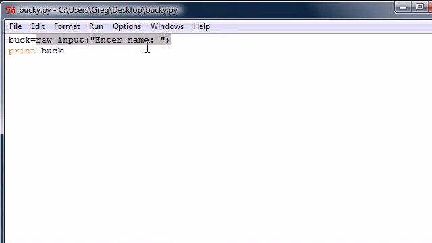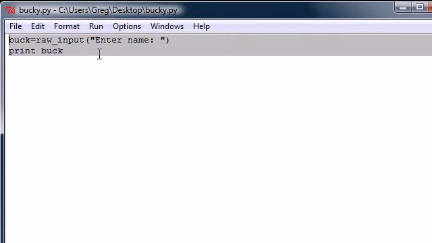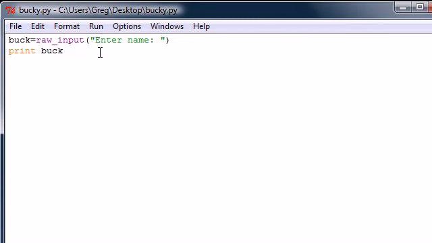So that is how we can use raw input to get information from the user and convert it to a string. So again, the difference between input and raw input: use input whenever you want to work with expressions, like a number would be fine, that you're going to use in a math problem. But when you're using a string, you're always going to want to use raw input, like whenever you're outputting a name like this or anything back to the user. I know I didn't tell you guys in the last tutorial, but that is the difference between input and raw input. We're going to need to know this in the future tutorials and the future programs that we're going to build. So pay attention to it,